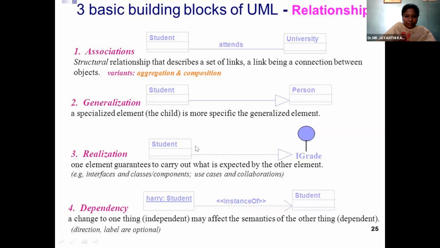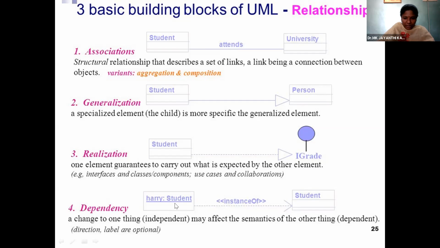He is the main one. So realization: he is a typical example who is responsible for all the activities in the class. So realization, he is a representative of the remaining students. And dependency can be represented by the same arrow mark with the direction, and the role of the person is represented within the greater than symbols. So we are representing the dependency.